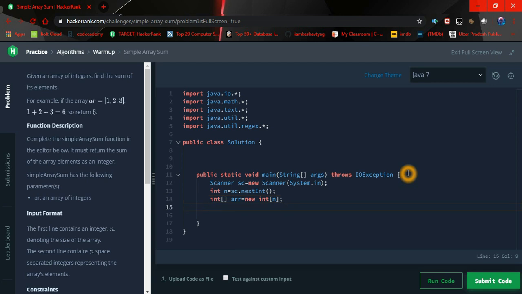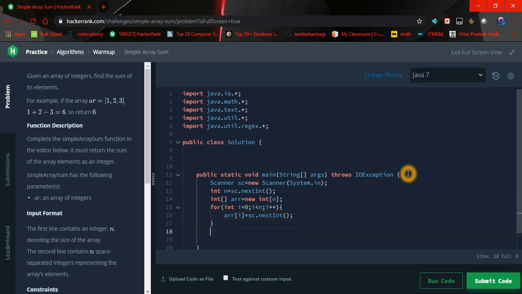Now I'm going to use a for loop for taking the integer values to be inserted in the array. So for int i equals 0, i less than n, and I'm going to increment i, and then for ar[i] we are going to take the input values as sc.nextInt, because the array is also an integer type.